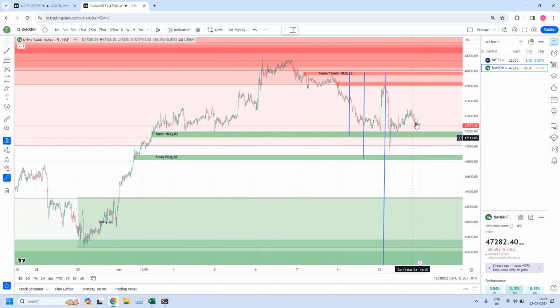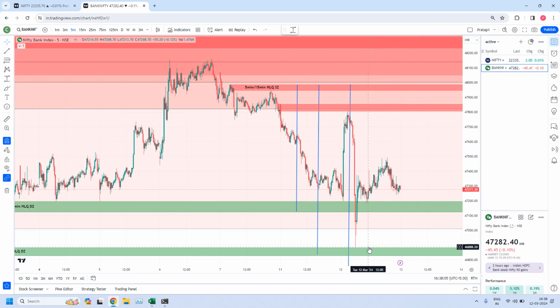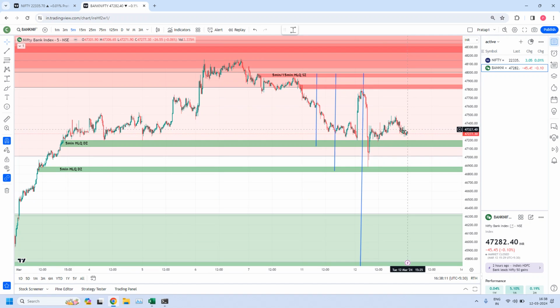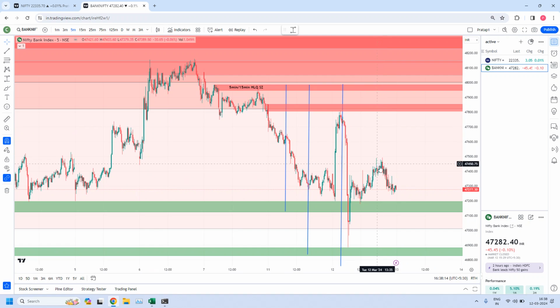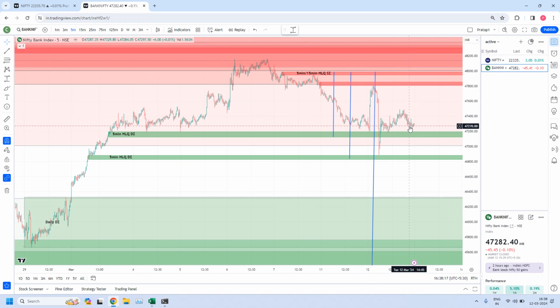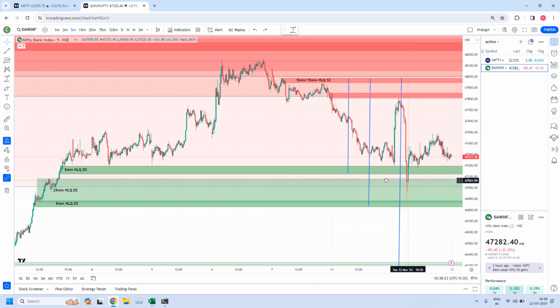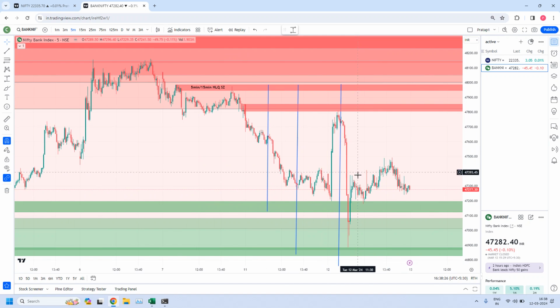I am sorry, I think it is another 600 points if I am not wrong. Yeah, another 600 points move again. From here to here, another 600 points move. Hope you got the clarity. See here, let me tell you, from here to here, a 600 points move. From the 5-minute demand zone to this 5-minute supply zone. Again from this 5-minute supply zone to the next, because this is violated anyway. From here it is 600 till here, because the move